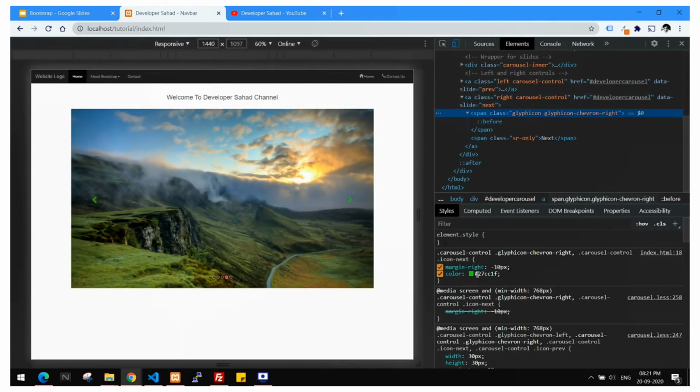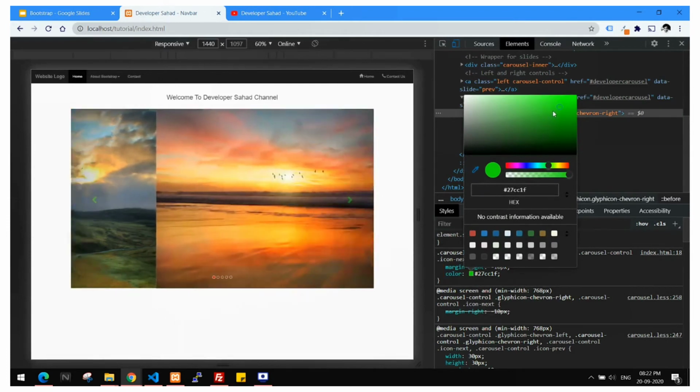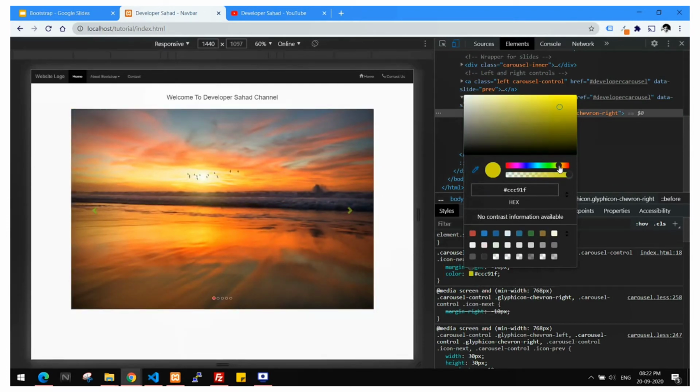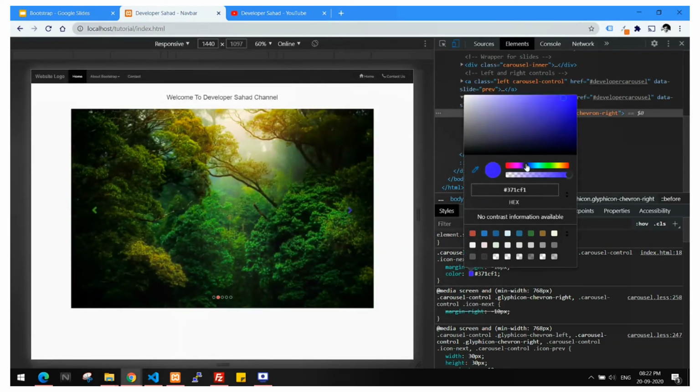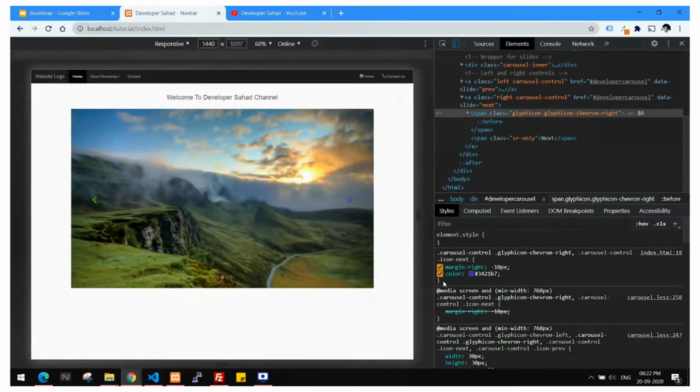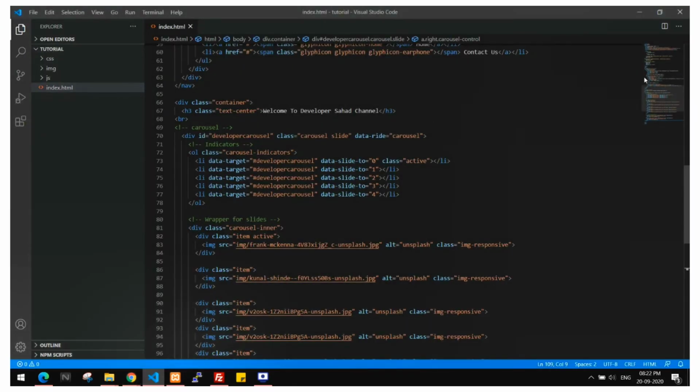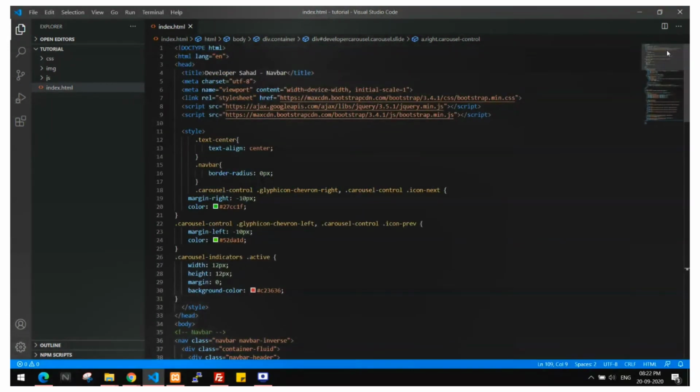Here, as you can see, I have changed this custom color to green. If you want to change it to yellow, blue, anything, you can change it from here. And you just need to copy this CSS and add it into your style file.